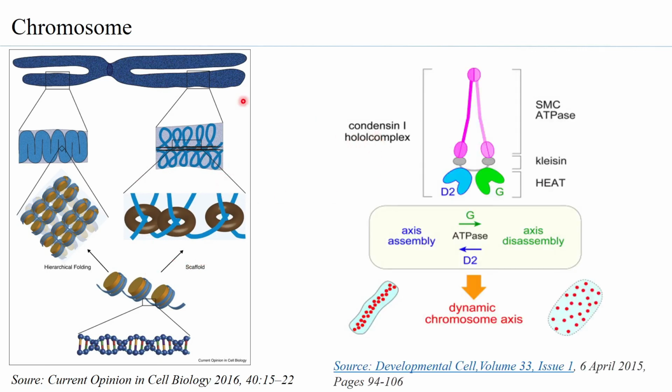these scaffolds are actually formed by certain proteins which are called condensins. Here we look at one condensin. There are different types of condensins present. Now, when you look at most of the condensins, you will find that a condensin is made up of 5 different proteins. So, it has 2 SMC proteins. SMC proteins are those that can maintain the structure of the chromosome.